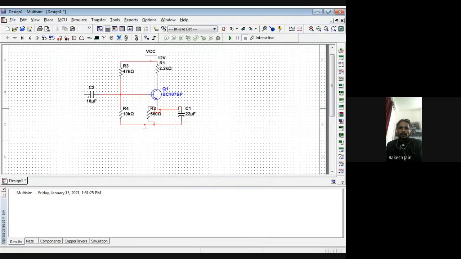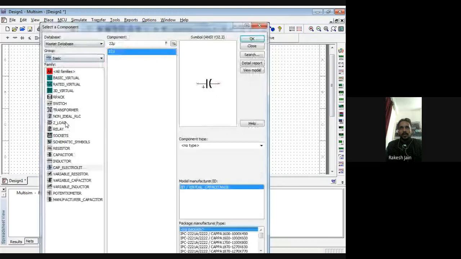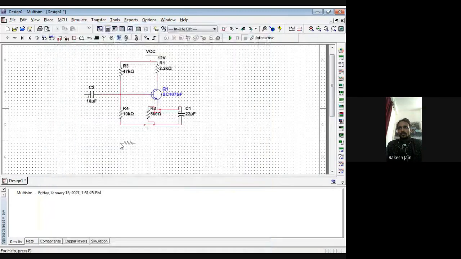So 6.8 kilo ohm in vertical and 0.01 microfarad in series between them. So they form an RC network, 6.8 kilo ohm and 0.01 microfarad.